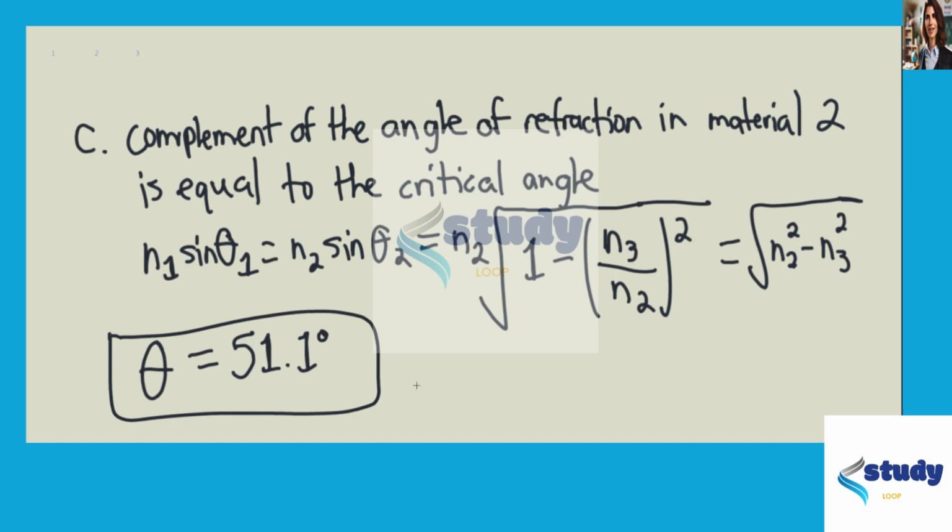And finally, my apologies. This would simply be theta, and then this would be the critical angle. And finally, for part D, we know that reducing